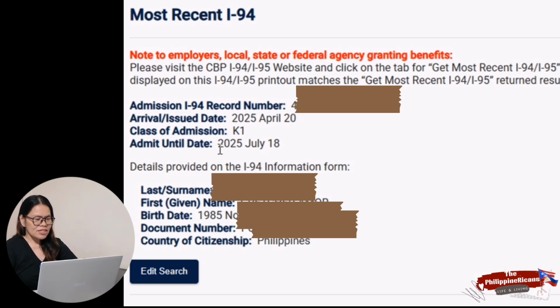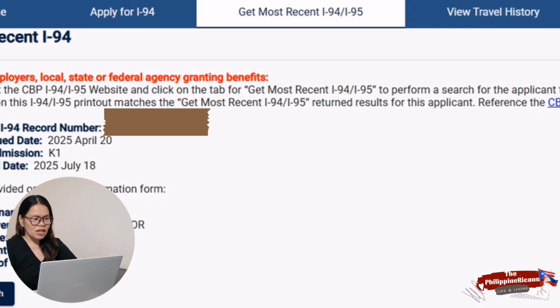Admit until date is the expiration of the I-94. So it's the same as the expiration of your visa. So 3 months. And then details provided on the I-94 information form is again your last name, your first name, your birth date, document number which is your passport number, and country of citizenship.